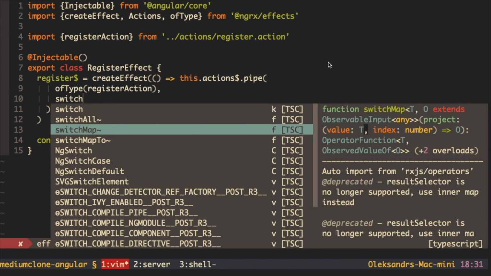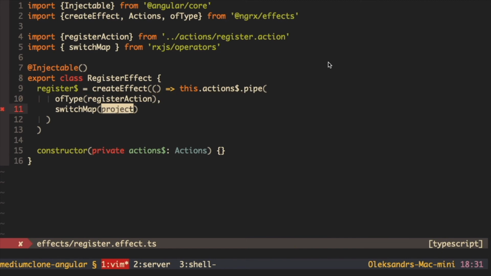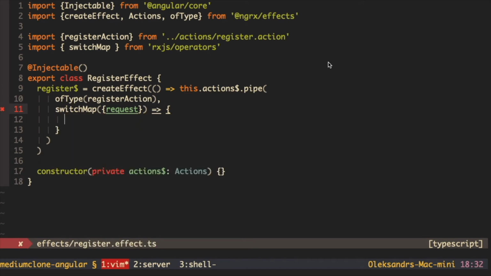And basically switch map is what we have in Rx.js to map our stream and to get back another stream. So here is switch map, and we get data from of type register action, and we know that this will be action where inside we have request. That's why we can directly here get request by destructuring,